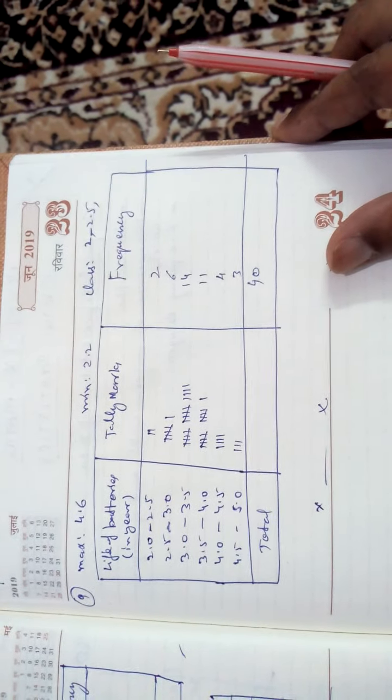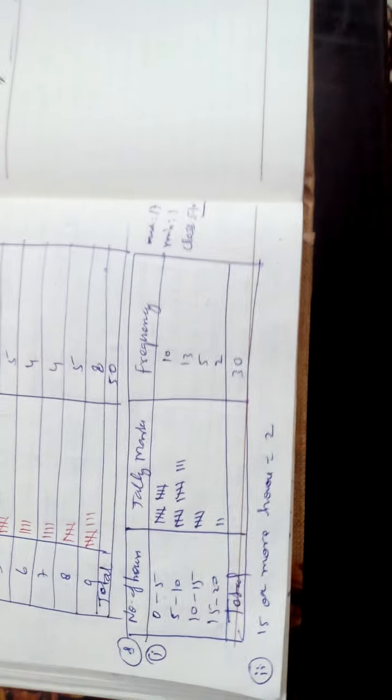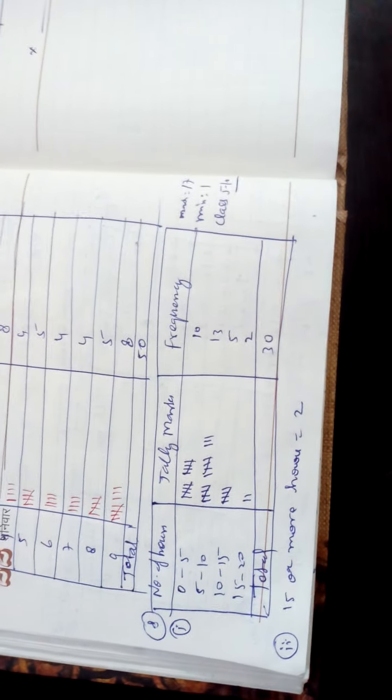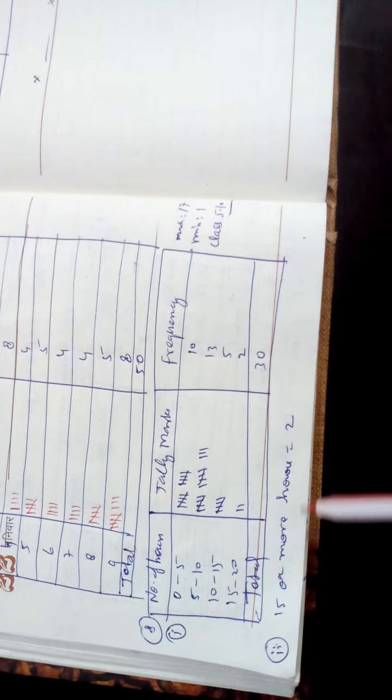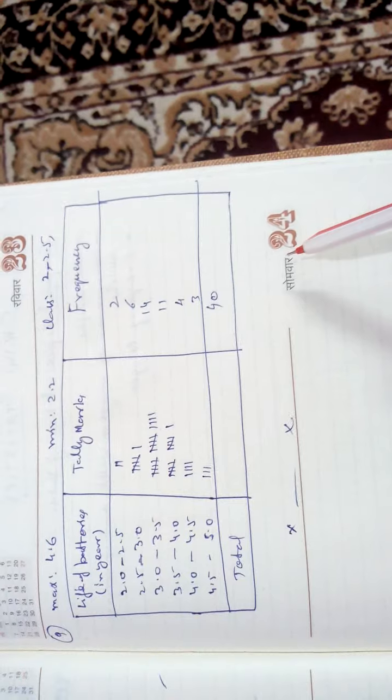You can write these like this also. Next, question number 8 is given and you can do it, and question number 9 you can also do like this. For question number 9 you make the table, and for question number 8 you can make the table. In 8 also you can do the same thing, the number of 15 or more than 2 hours, and question number 9 also you can fill.